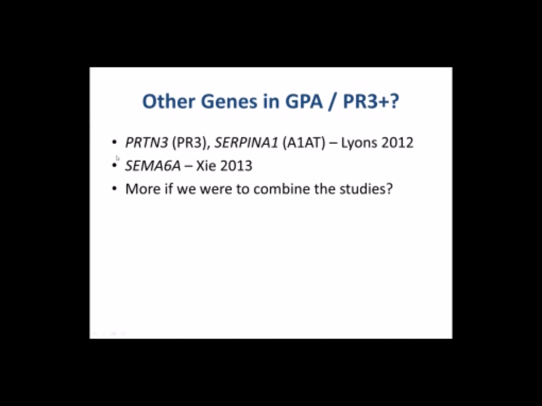What we found in our study, again, we don't know why, we don't know the significance of this yet, was that there was another gene that came up as being associated with GPA. And again, we can't sort out whether that has anything to do with PR3 or not. And the thing about genetic studies, they do require very large numbers because you're doing a whole lot of different genes at the same time. The more that is done, you can sort of add the data together and learn more from them. But that's all work that's in progress.